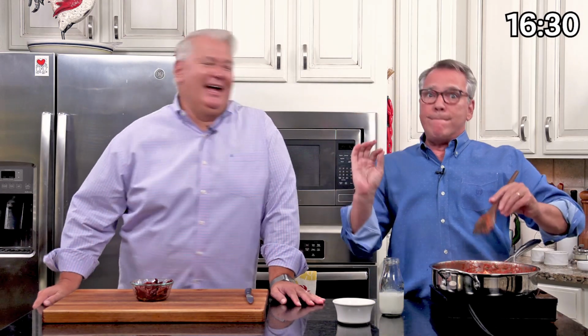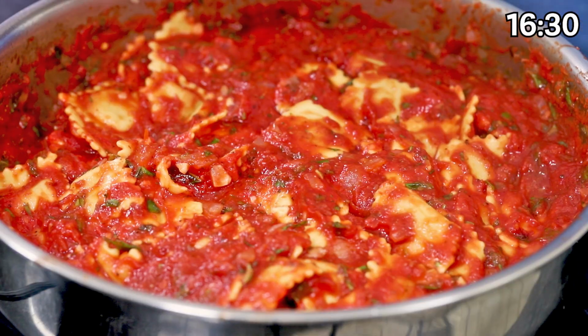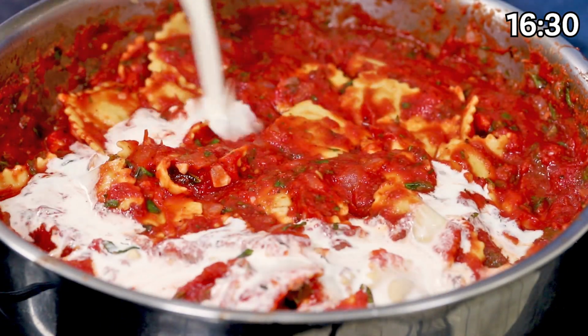Okay, we are moving. I tell you, my hair is blowing because we're going so fast. I love it. That's how quick this is. You're going to get an amazing meal in no time at all. I love it. Okay, so now we're going to turn this into a beautiful little pink sauce, and this is